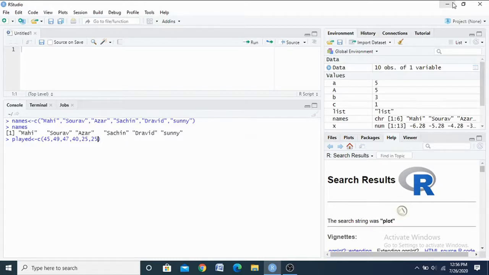Similarly you give the played details also, 6 played values. Then I am creating how many matches they won in their captainship.